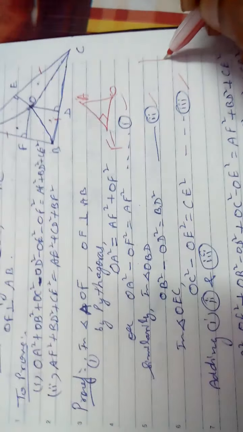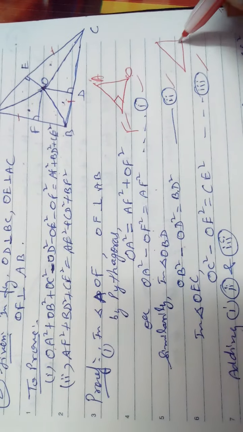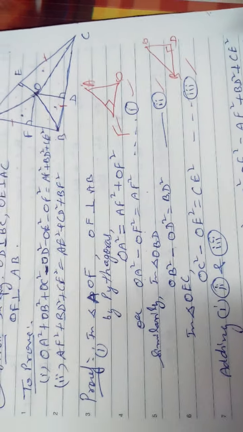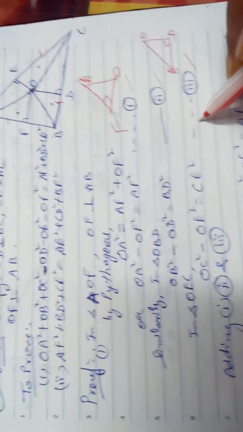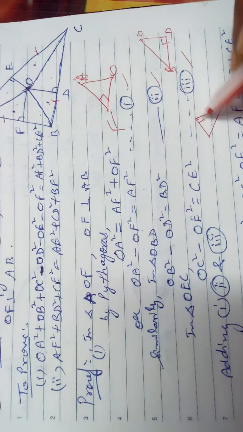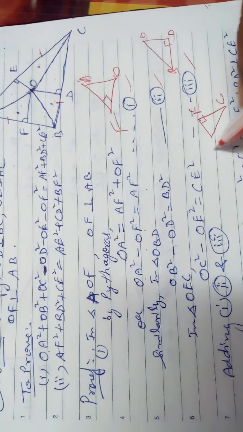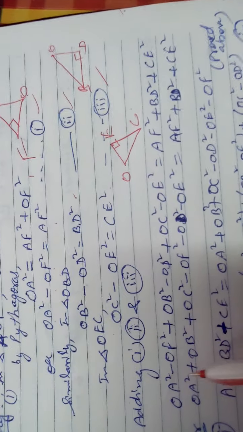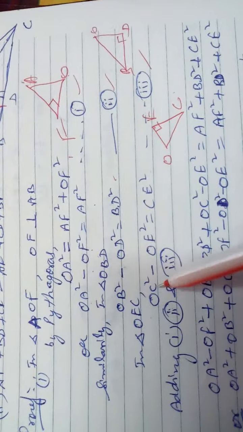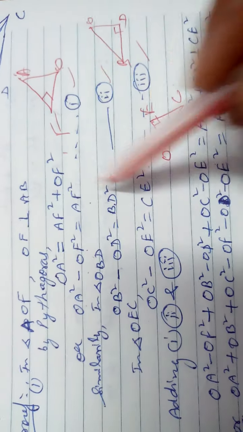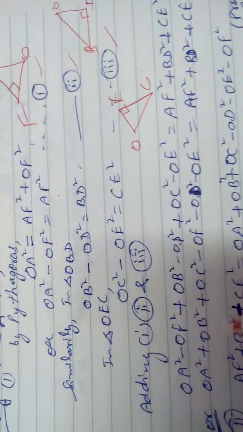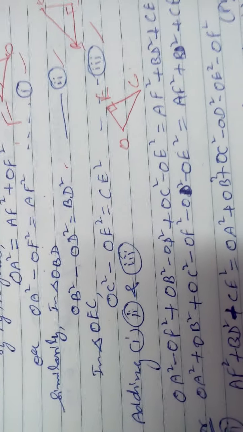I am taking this triangle OBD, and the third equation you get from this triangle. Here also 90 degree, at E, COE. You are getting 1, 2, 3. Adding all, you are getting on the left side 6 terms, and on the right side 1, 2, 3, what you want to prove in the first part. On the left side you can write all the plus terms at one place, all the minus terms at one place. First is over.